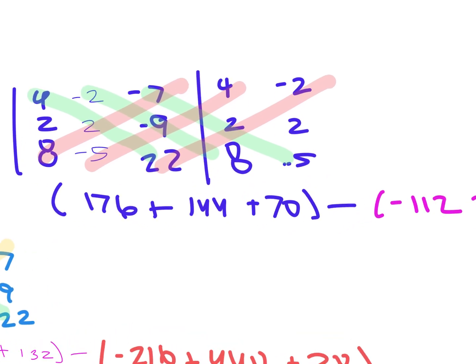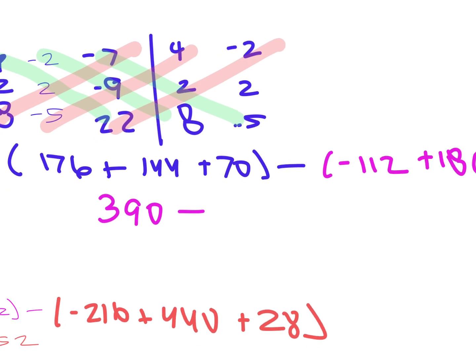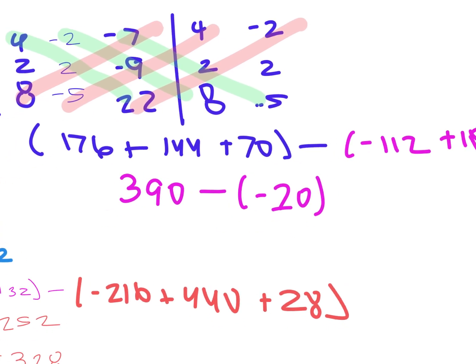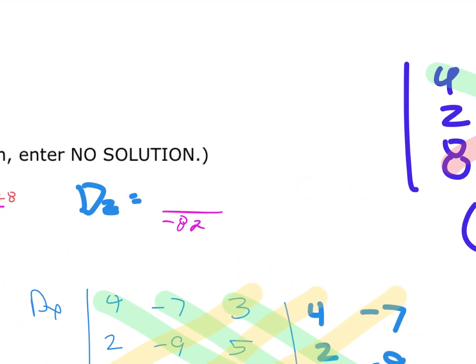So 176 plus 144 plus 70 gives me 390, minus negative 112 plus 180 minus 88, which gives me negative 20. So when you minus a negative, that becomes a positive. So 390 plus 20 is going to give me 410. So my d sub z is